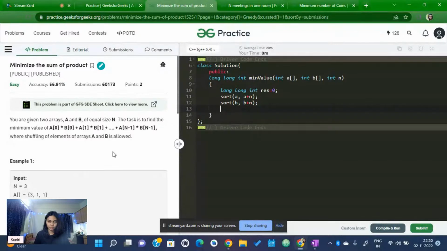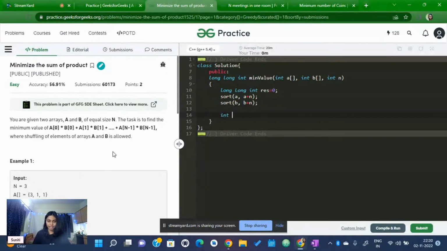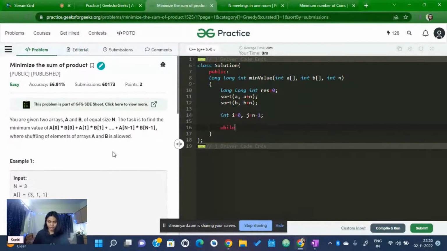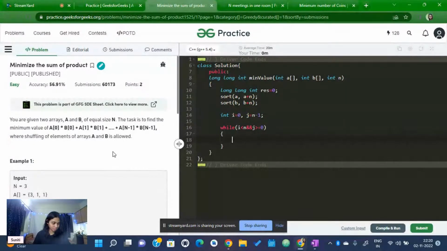All right, we have long and sum is equal to 0. Let us say I'm starting my one pointer from 0 and my second pointer from n minus 1. And I will have a while loop while i is less than n and j is greater than or equal to 0. We will have our sum is equal to,